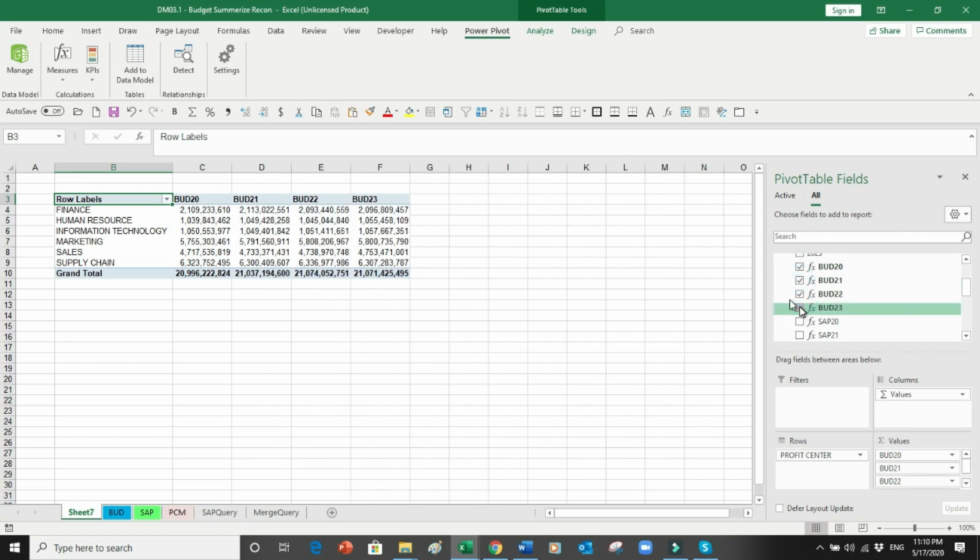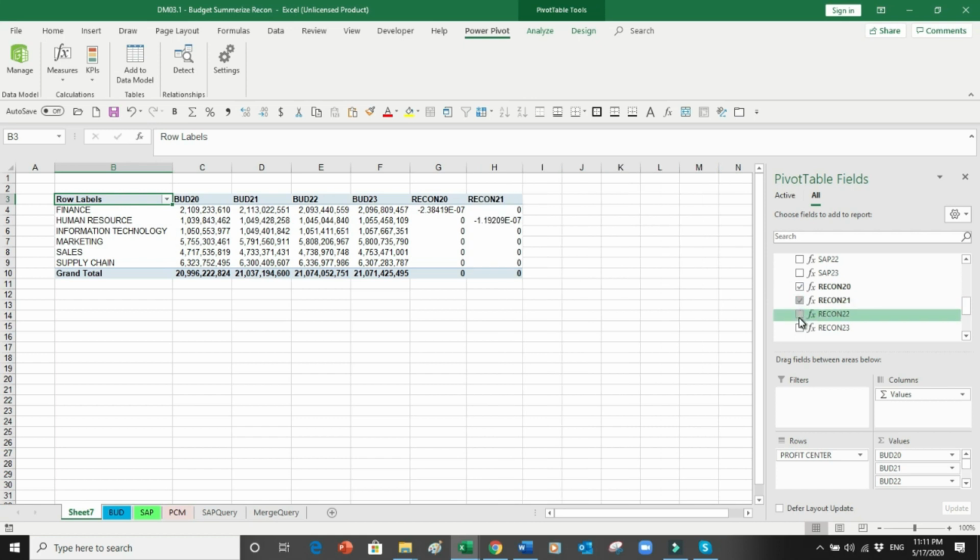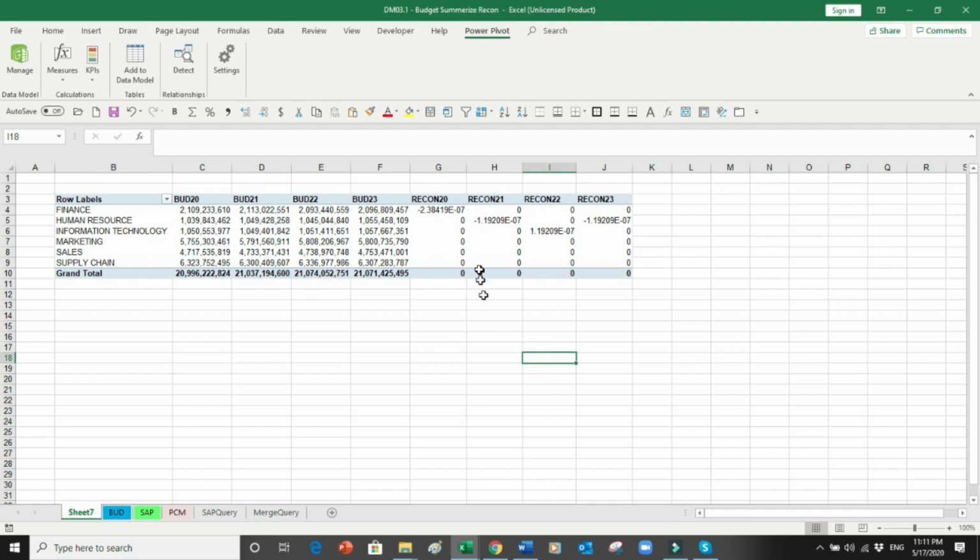and this one. So those were my summary numbers which I've created from my budget file, and over here I don't want SAP because it is more or less the same numbers. I don't want to repeat this, and at the end you can see are my 4 reconciliations. So I say I want a reconciliation for 20, 21, 22 and 23 over here, and these are just a minor